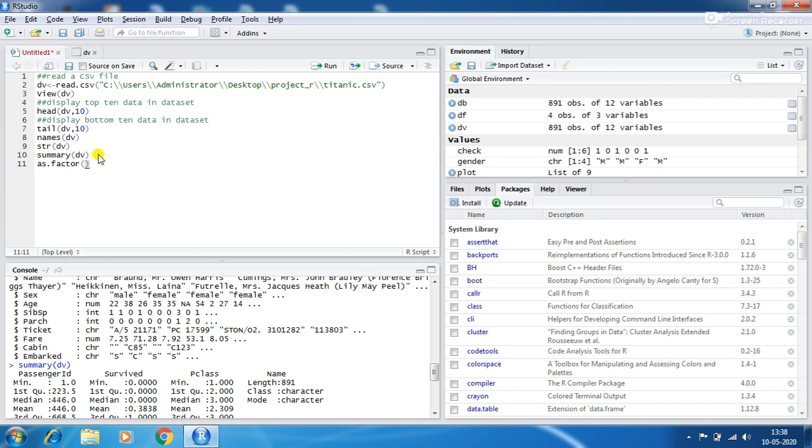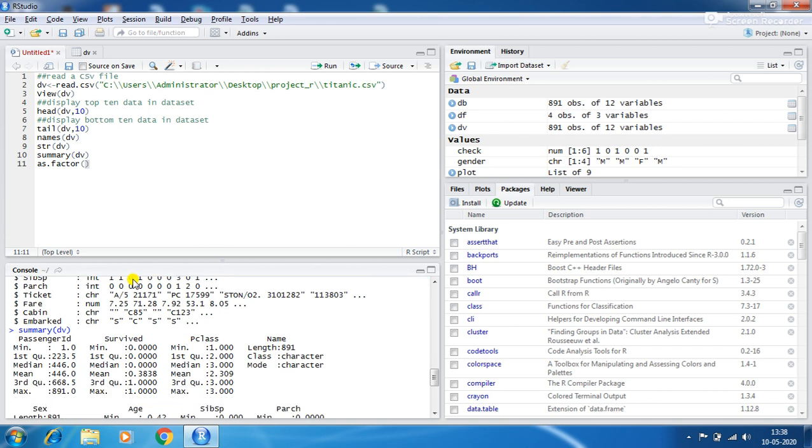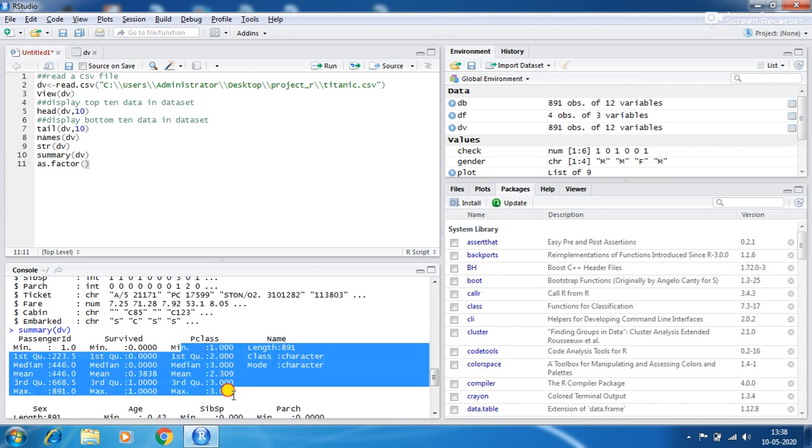For example, P class, the passenger class, takes the values 1, 2 and 3: first class, second class and third class. But they are not numeric; R considers them numeric without any conversion, so they should be treated as factors, not numbers.